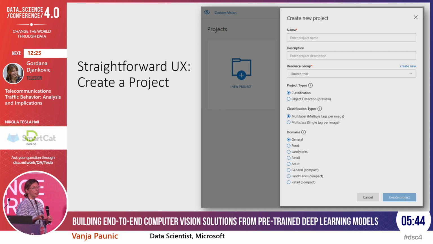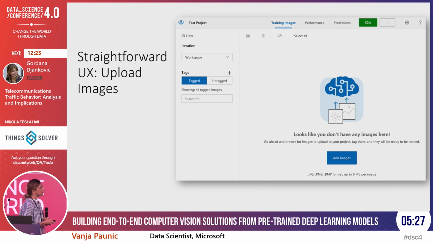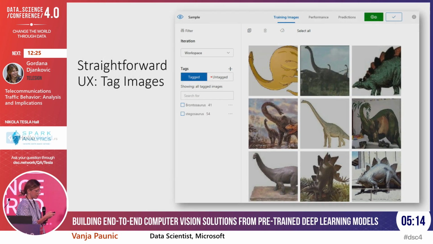So you can really start with 30 images or so. If you have, for example, a data set of food images, it will select a model that's specifically trained on food images so that your data matches the pre-trained model better. Once you do this, you'll get this empty space here, which allows you to add your images. As you see, there are no images here at this moment, but in the next slide, I've uploaded some images of